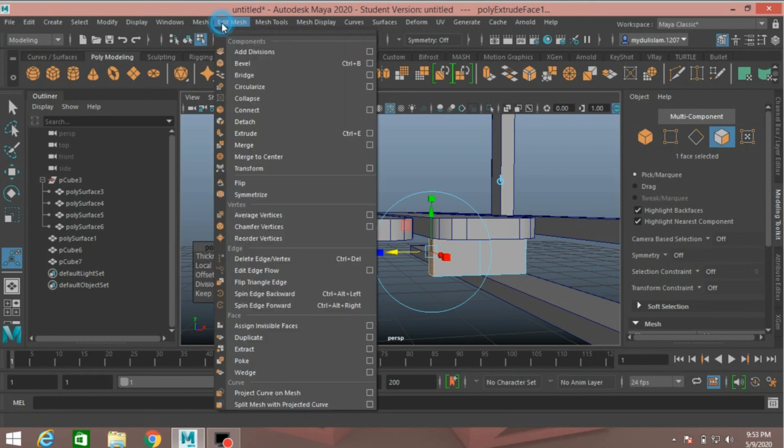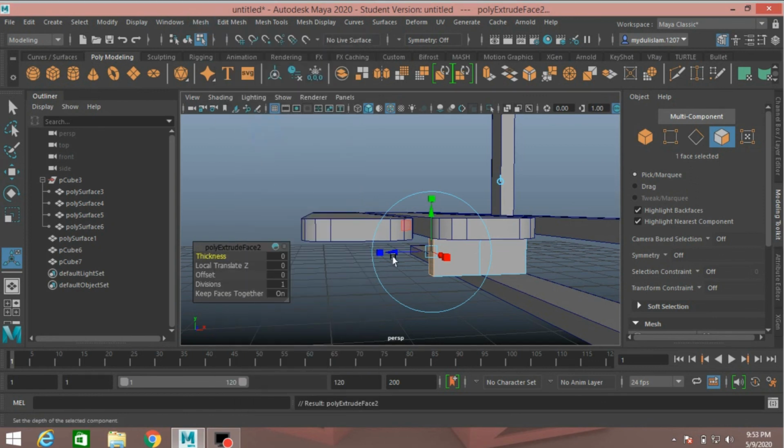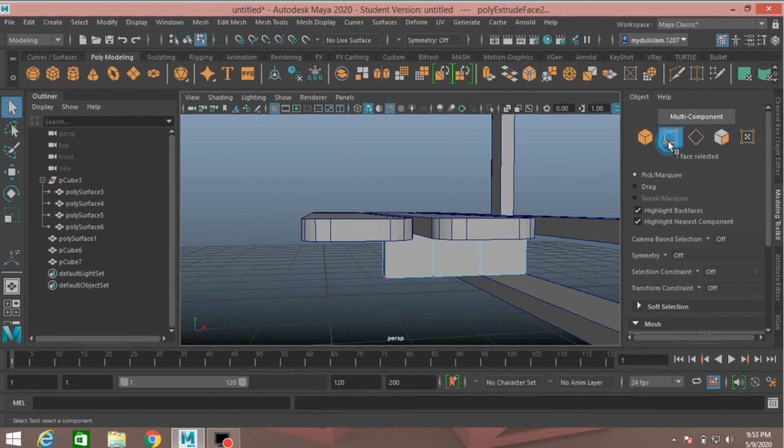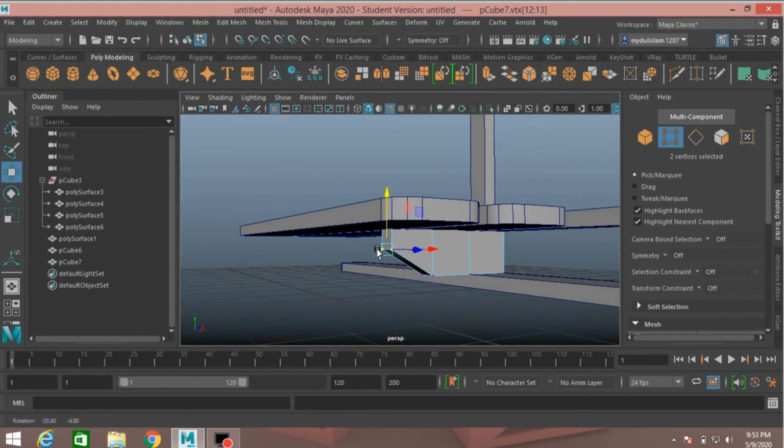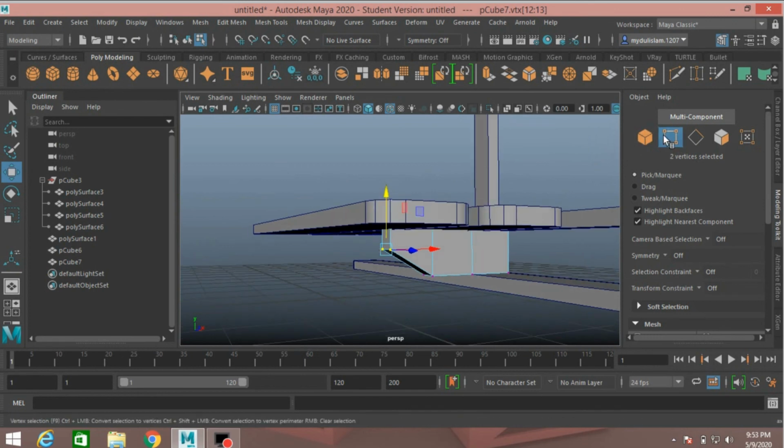Again go to edit mesh, click extrude and move it here. Now go to vertex mode, select this vertex and move it up just like this. Now go to object mode